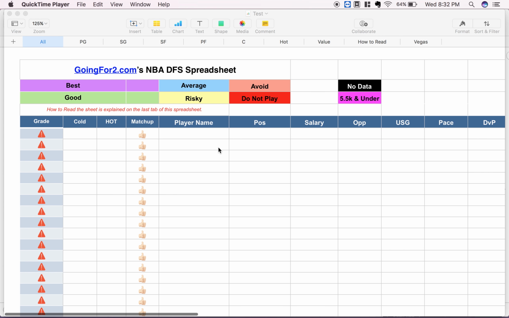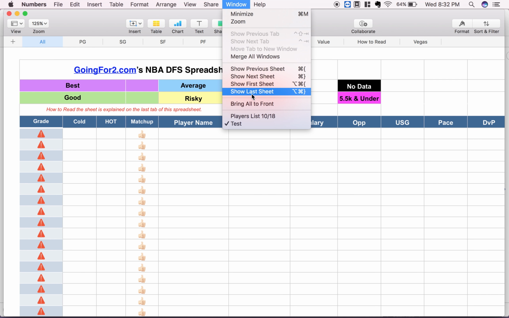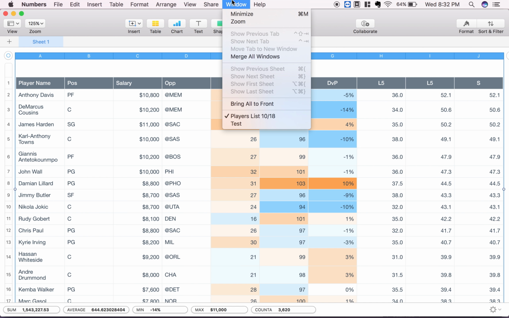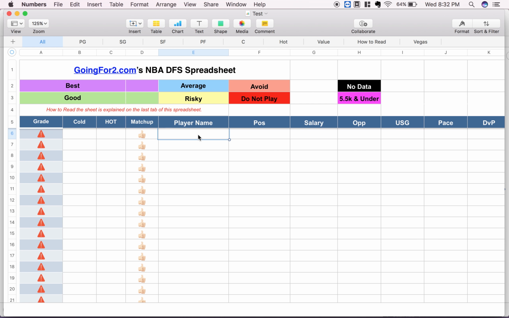All right, so on the other window, I've already loaded up all my stats. Let's go to the other window. And here's all the players, the prices, their usage, pace, D versus P. Everything that we just talked about is all here. So I'm going to copy this, and then we're going to go back to the template, and we're going to paste everything